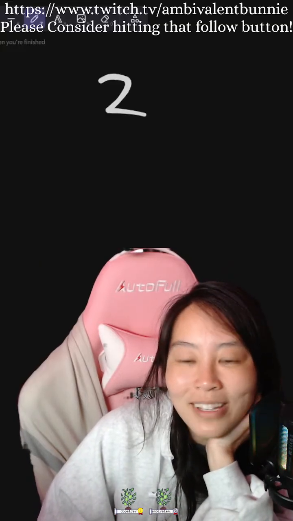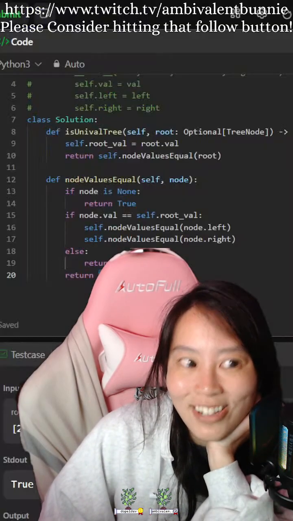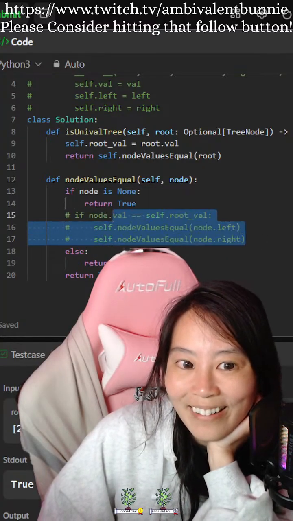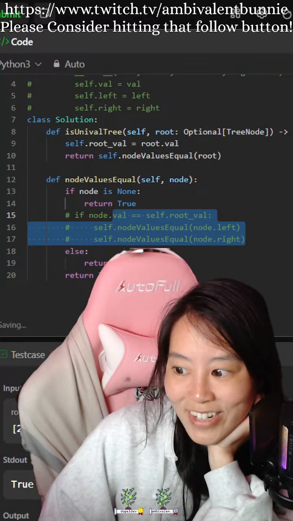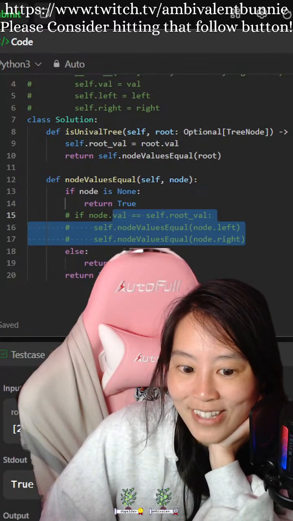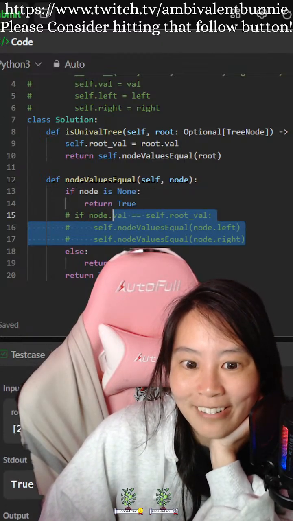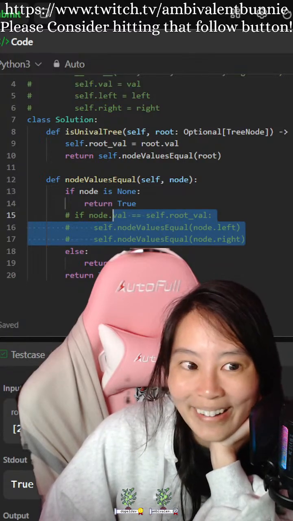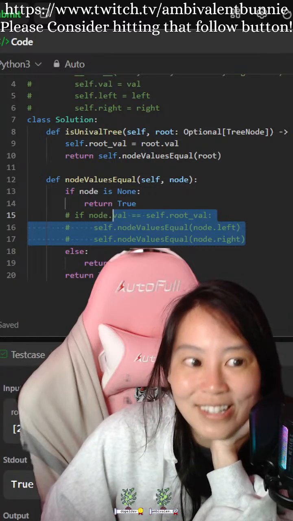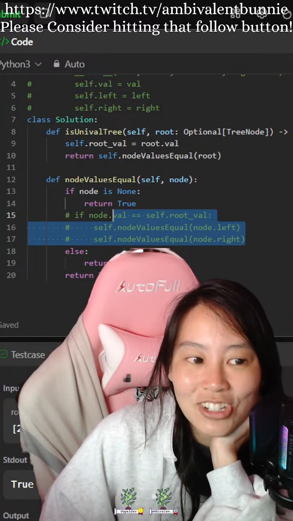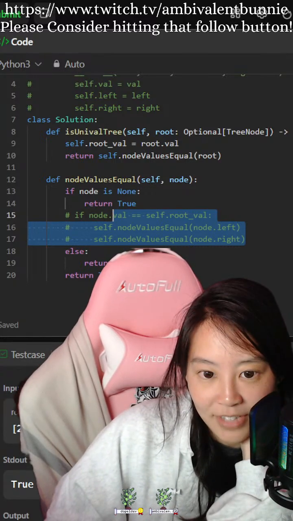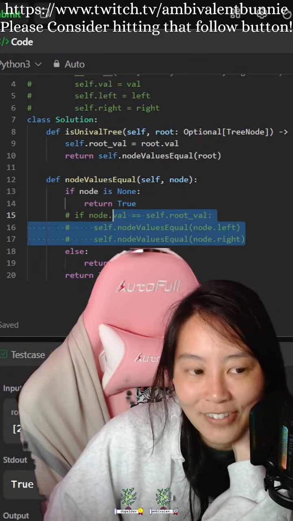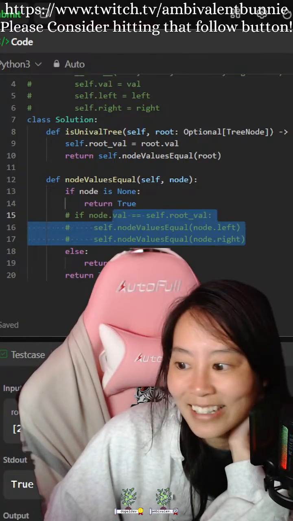If I comment this out, the tree is not getting traversed. I'm literally just going to be right here at node 1. We don't have to recursively check, but that's one way to do it. Basically, we have to check each node.